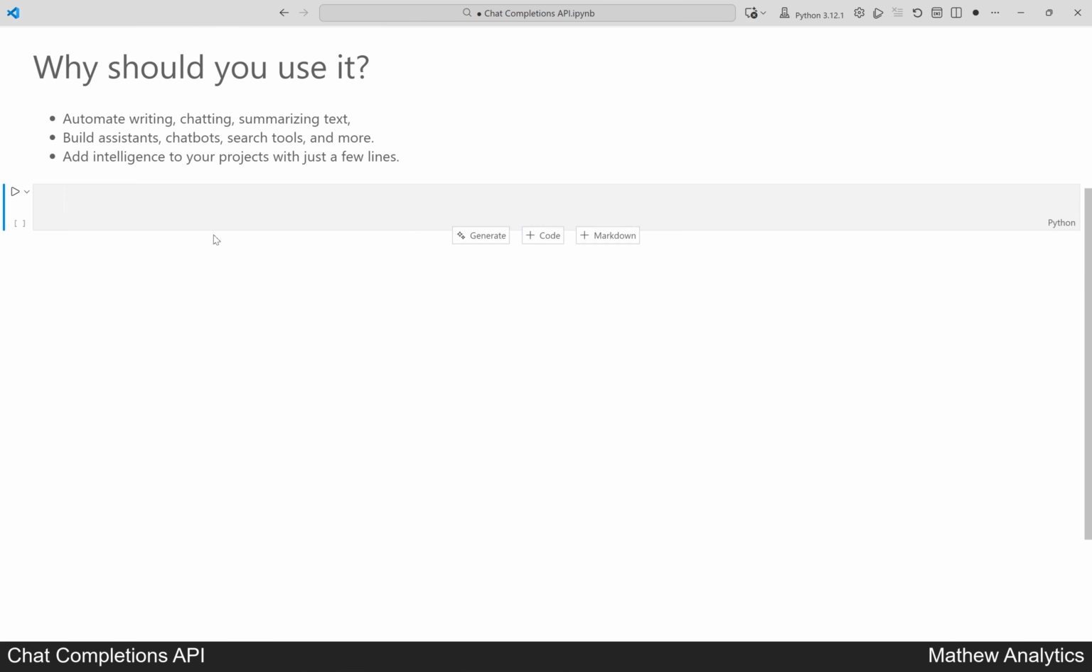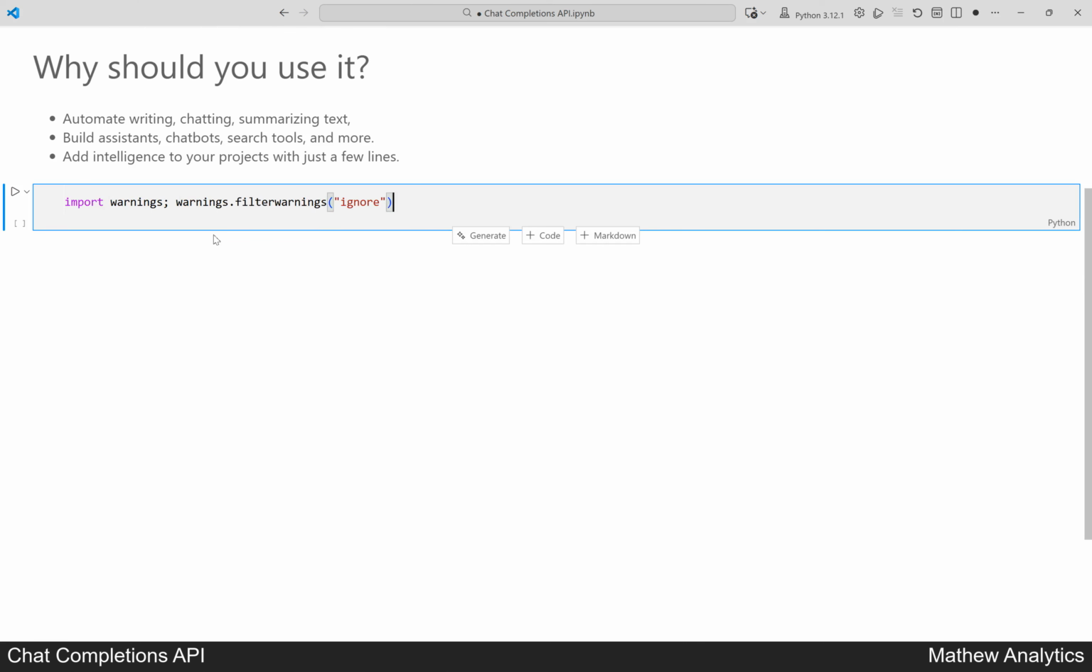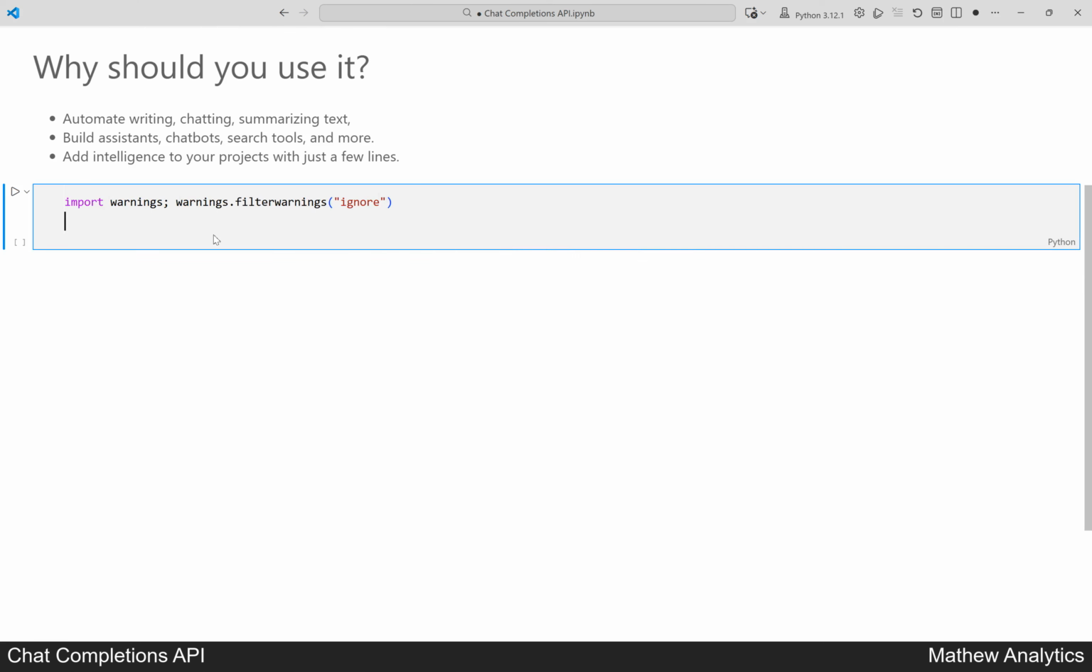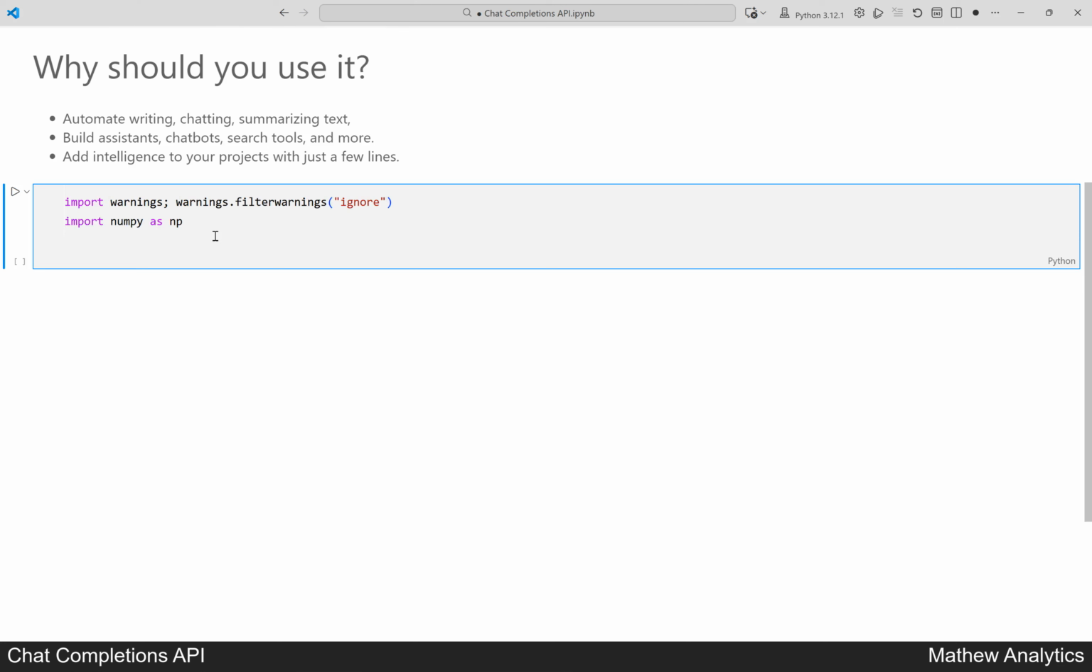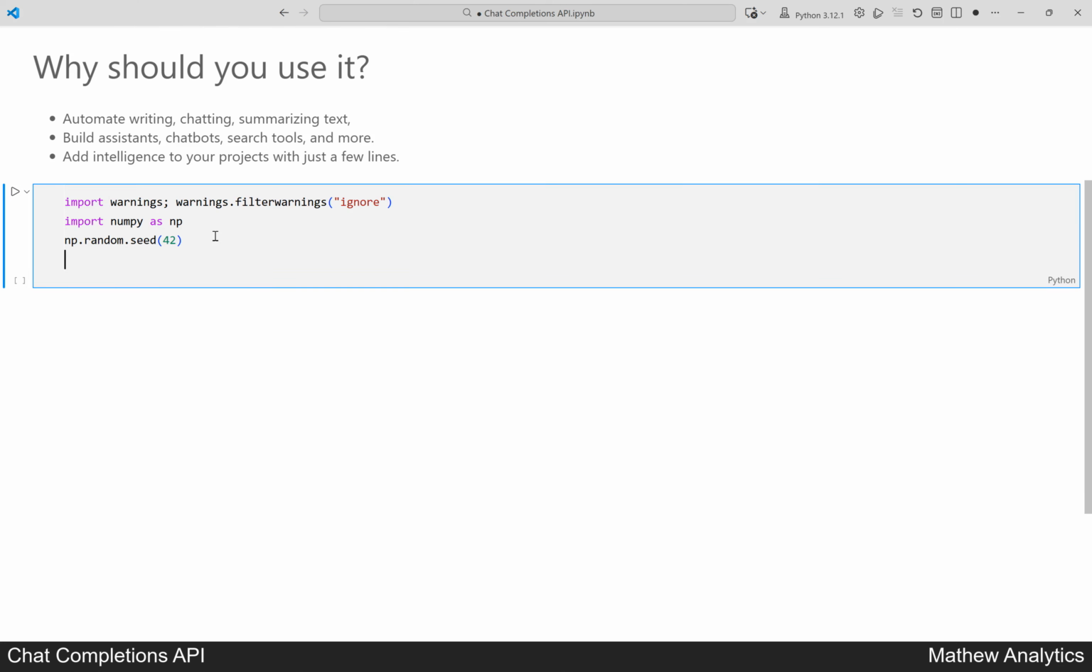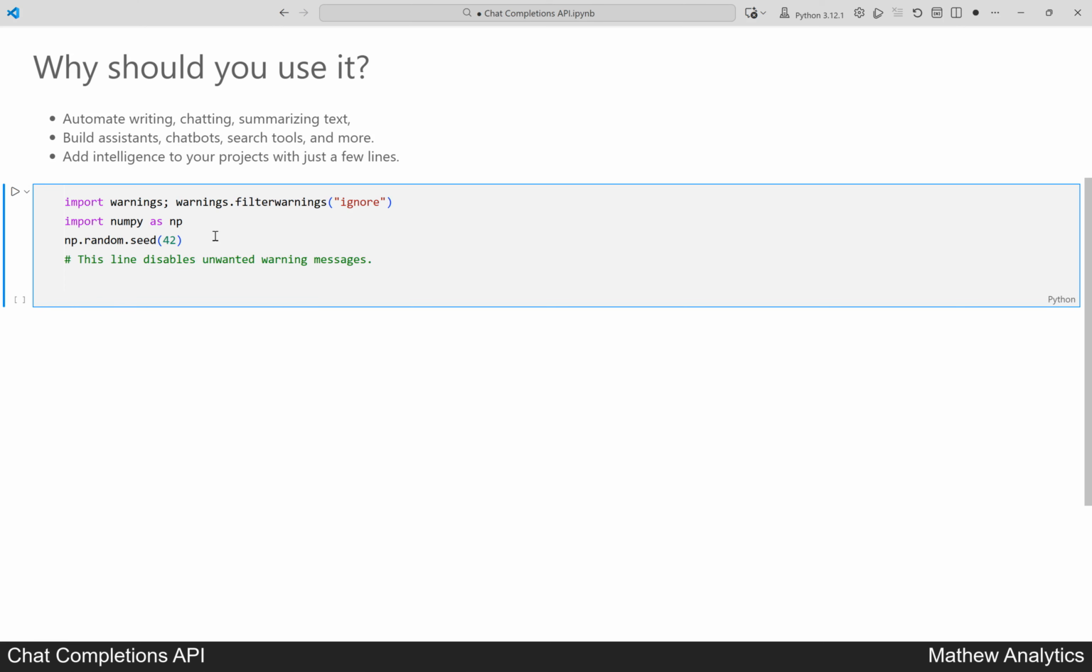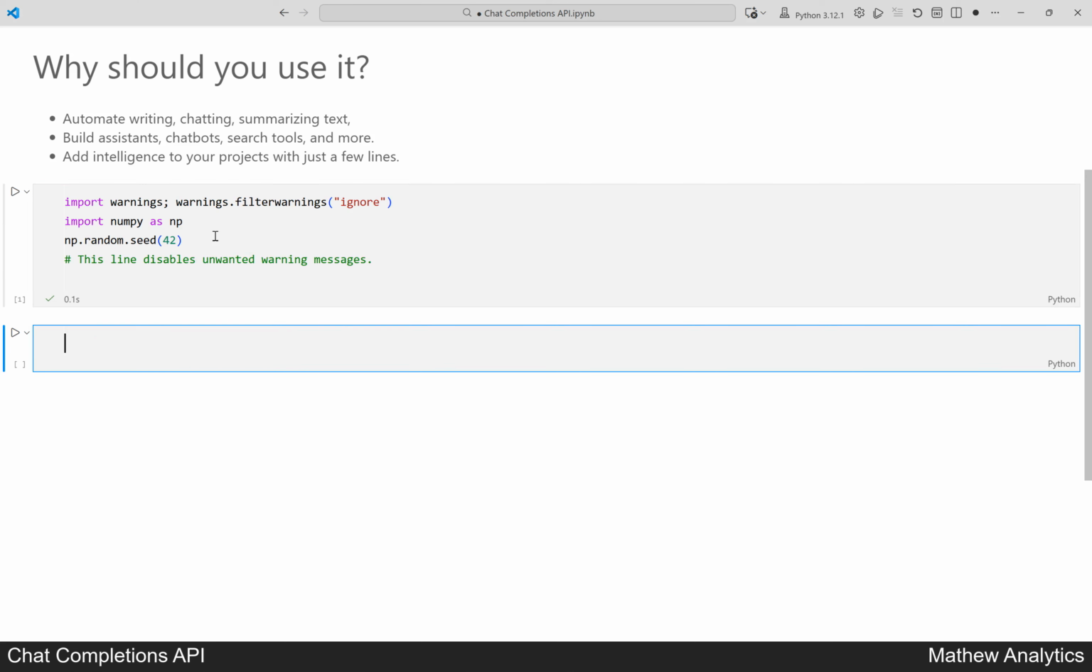First, let us prevent unnecessary warnings from cluttering our output. We import the warnings package and turn off warnings. Import NumPy as NP. We set the random seed to 42 for reproducibility. This hides extra system messages, so we focus on learning. This step shows how to suppress warning messages in your code, keeping your output clean and